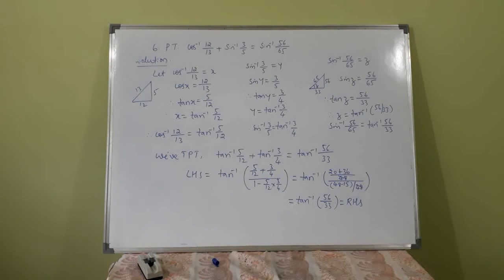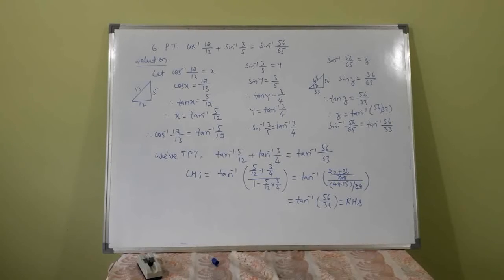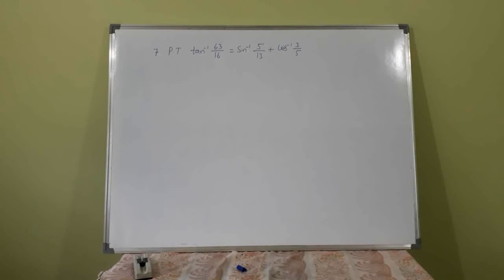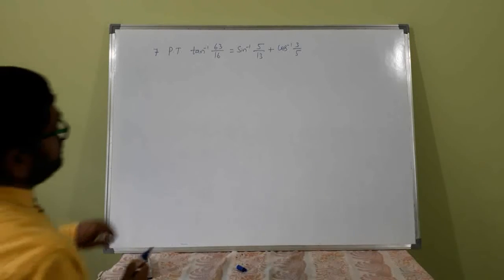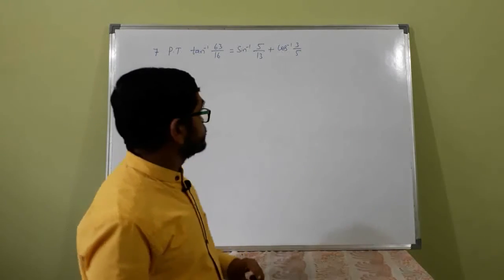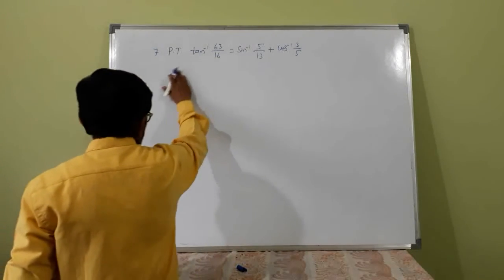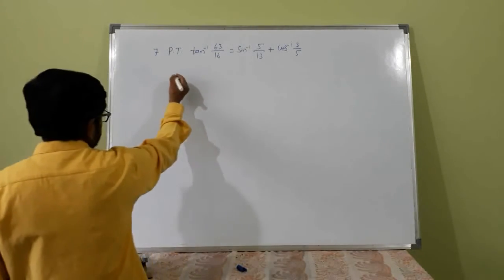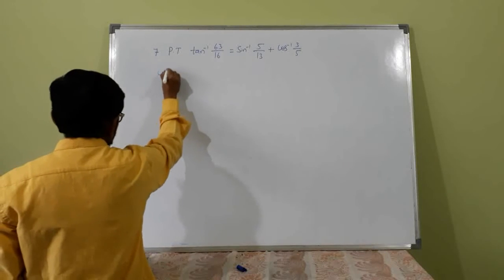Okay. Prove that tan inverse of 63 by 16 is equal to sin inverse of 5 by 13 plus cos inverse of 3 by 5. So consider RHS part only, that is let